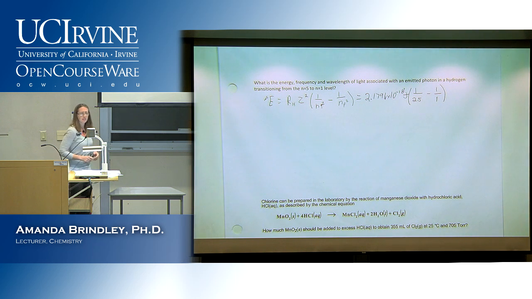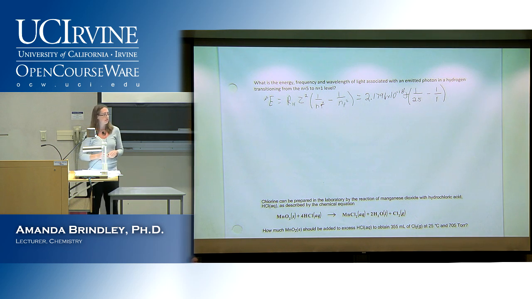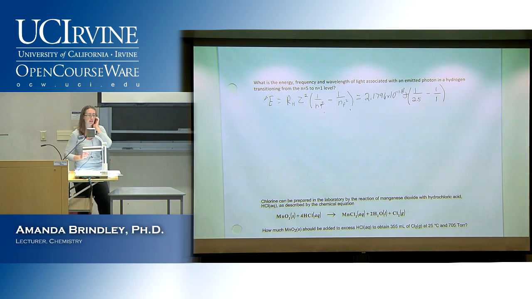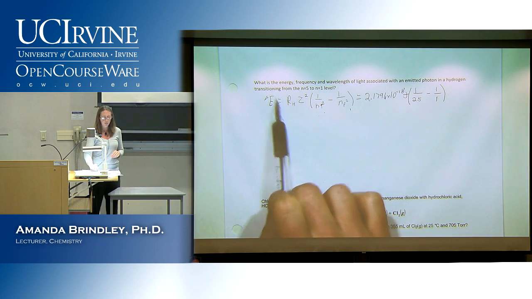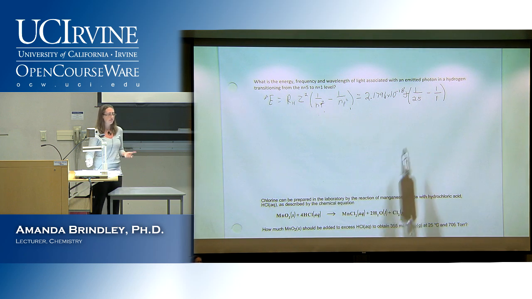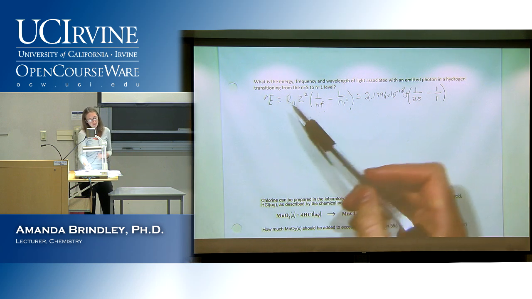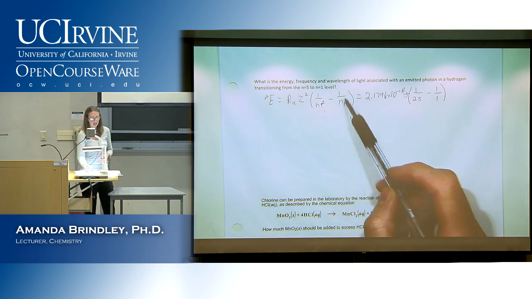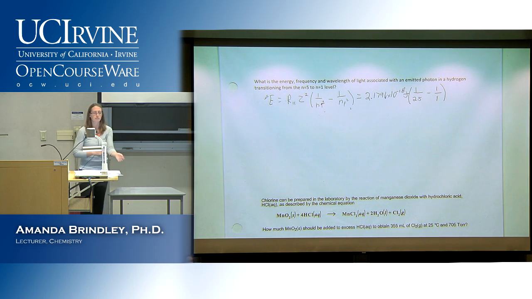Now, what's Z? 1, so I just left it out. So remember, he asked, is it initial minus final? This is the place where it's written two different ways. Sometimes it'll be written as initial minus final, and then there won't be a negative sign out here. Sometimes there will be a negative sign out here, and it'll be written as final minus initial. You don't have to memorize the equation, so you can just steal it off the equation sheet. But that flip-flops, because when you derive it, you end up with a negative sign out here. But you can just distribute that negative in and end up with this equation, and then it flip-flops it. Okay, so we fill in our energy,